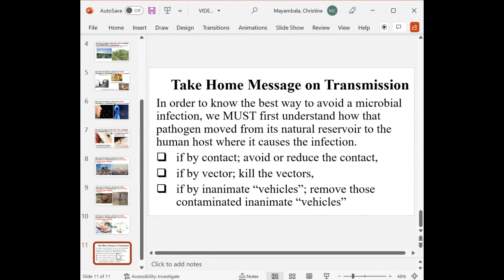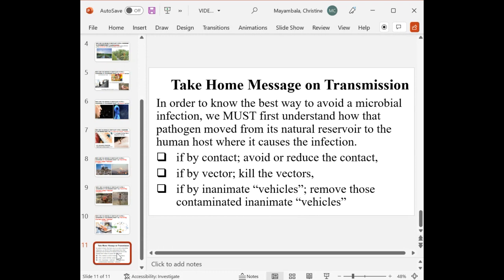So in summary, in slide 11, the take-home message on transmission is we do need to know how to avoid picking up these microbes, these pathogens. But in order to know how to avoid the transmission, of course, we need to know what are the ways that they're going to get transmitted. So if the transmission is by contact, make sure you avoid or reduce the contact. For example, make sure you wash your hands afterwards and keep them clean. If it's by vector, kill the vector, and that is why they have various sprays. They talk about, if you have standing water in your yard, make sure that water is sprayed so there are no mosquitoes growing in it, because they definitely could pass on not only West Nile fever and